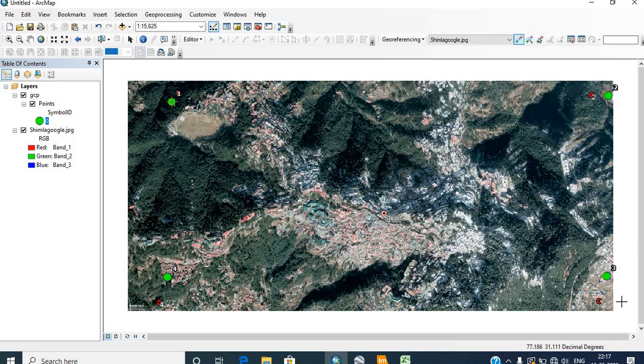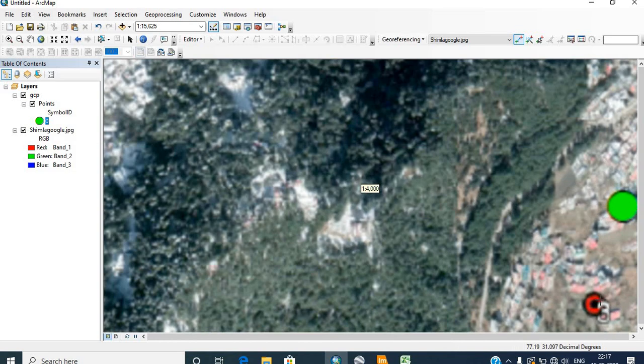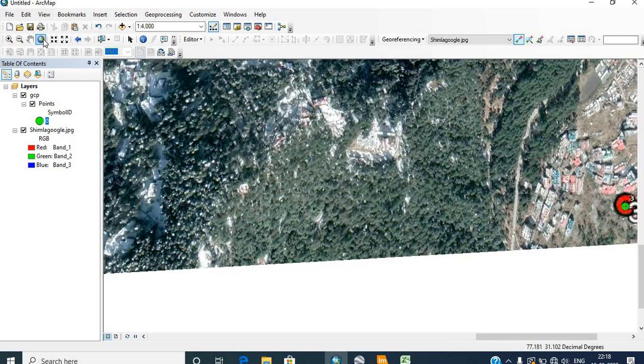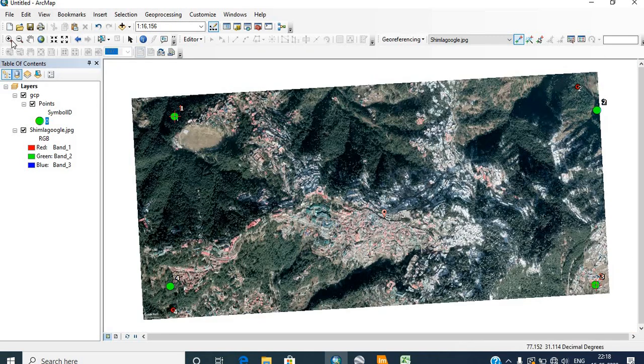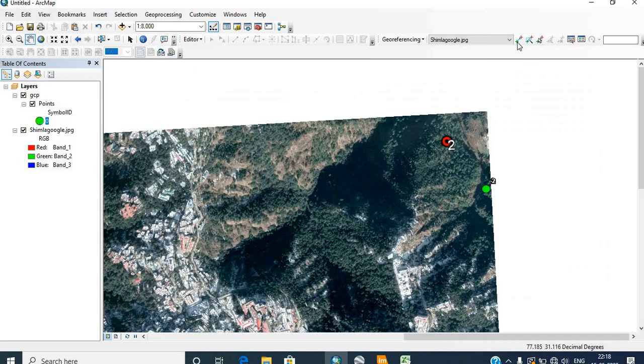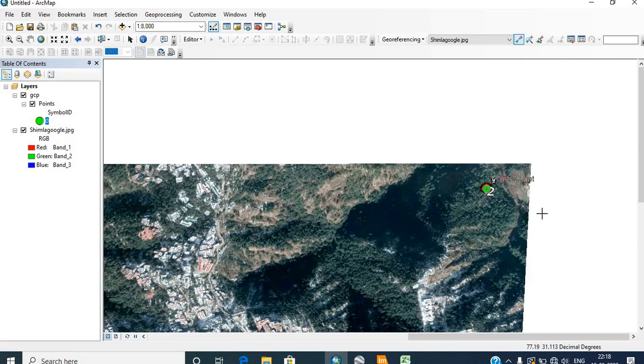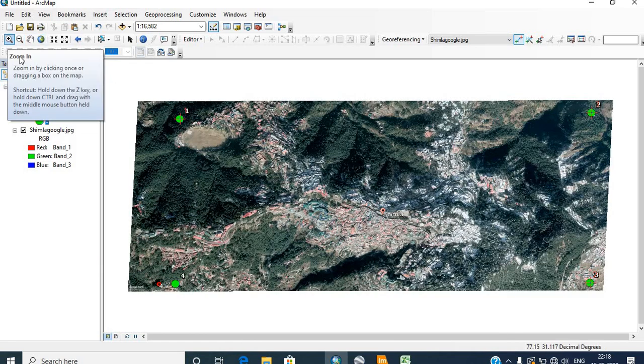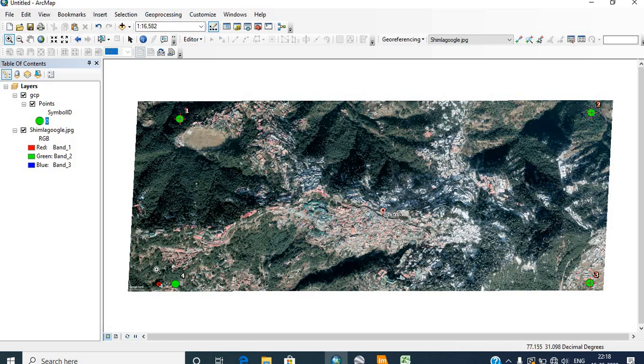So take this add control point, and this is the point, and then the third point is, so this is the next point, and the last point is this one.